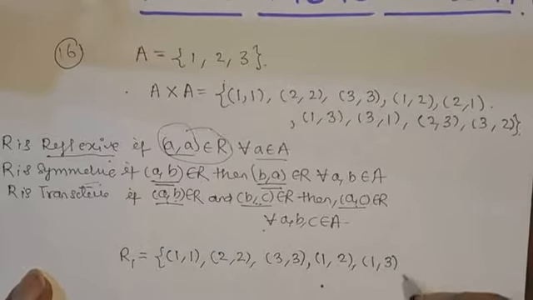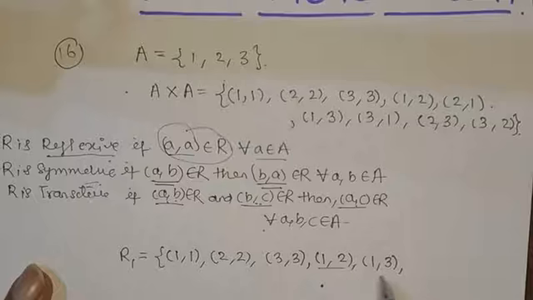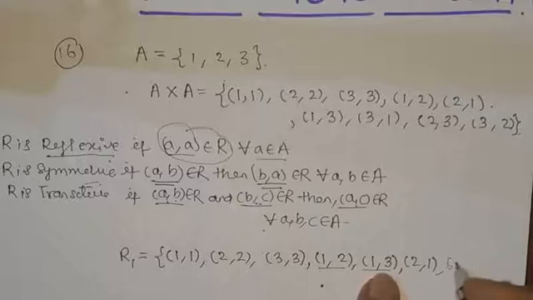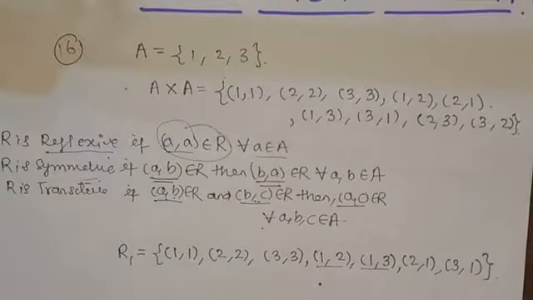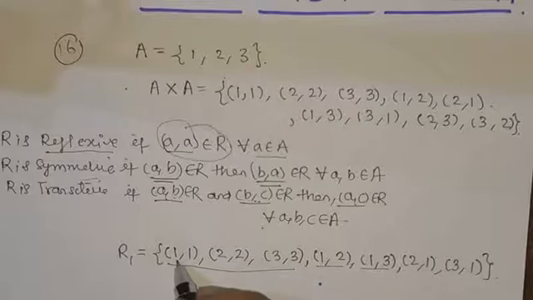Right. Now since the relation has to be also symmetric, what we should do, we should put (2, 1) and (3, 1) in the relation. Okay, so this is what you will get, right? Now if you look at this relation, it is reflexive because (1, 1), (2, 2), (3, 3) is there. Then it is symmetric because (1, 1) is there, so (1, 1) should be there, so that is there here. Similarly for these two, and then if (1, 2) is there, (2, 1) should be there, which is present. If (1, 3) is there, (3, 1) is present.